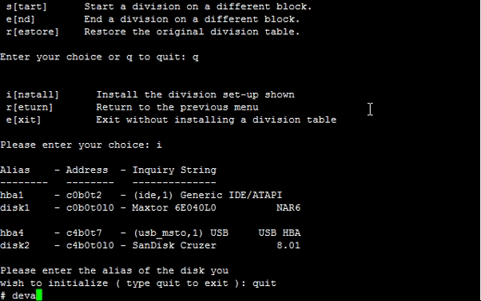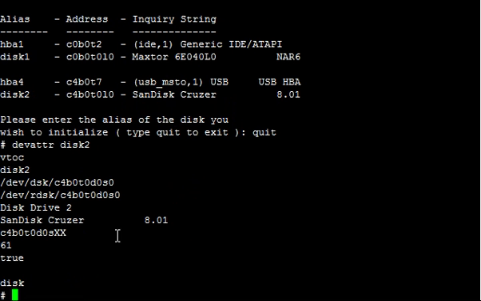Now there's a command devattr and then disk 2. This tells you the attributes for that disk. This is the device you're going to want to use in LearnTar. So you're going to have to write that down, because you don't want to use disk 2. You want to use the actual device name, /dev/rdsk, which is the raw device,